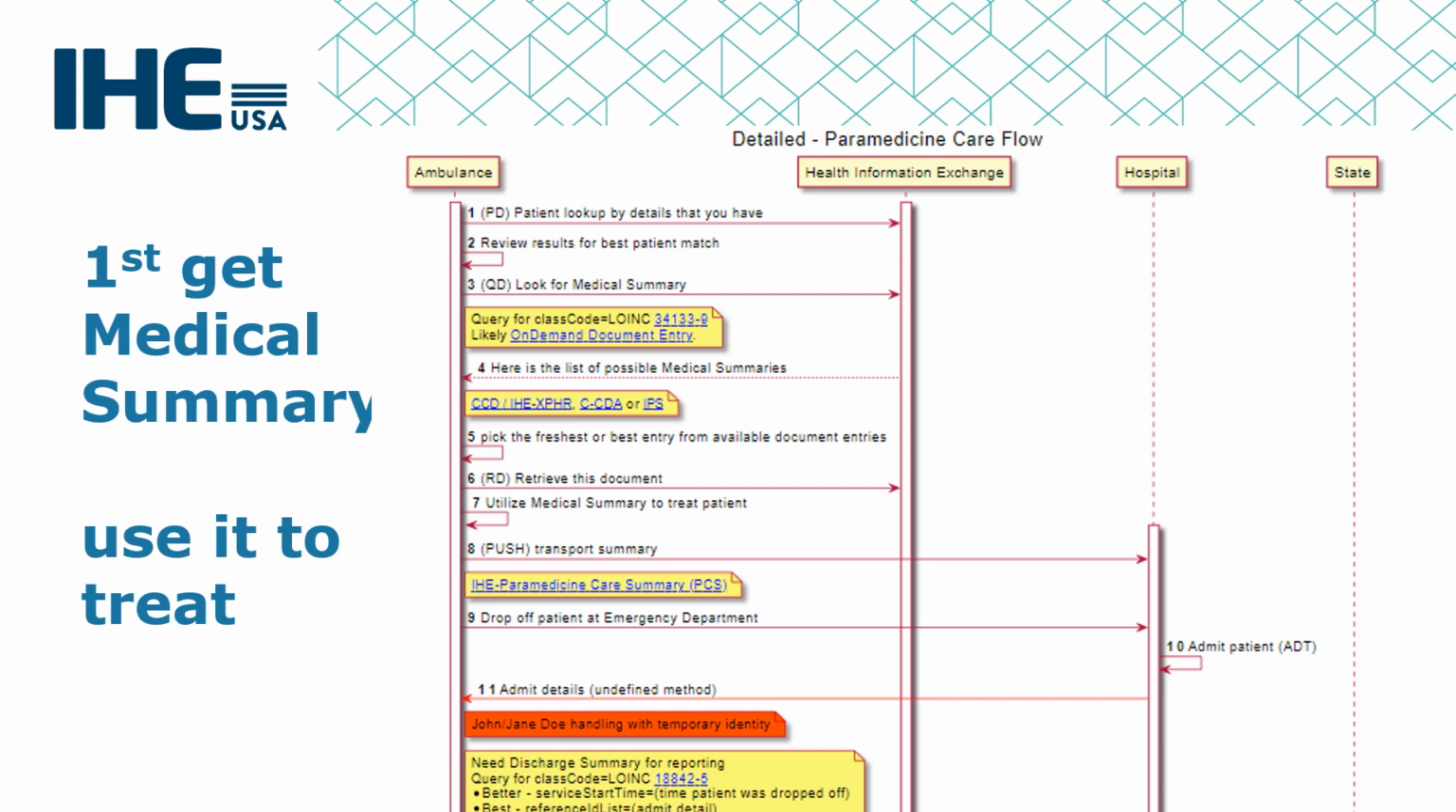Some patients will come up with exactly one instance, especially if you provide an identifier. But if you can only provide demographics, you may get multiples back. So you have the availability to look through those in step 2. You then pick whichever one is the best patient, and you can do a query for things like medical summary. In this case, there is a LOINC code for medical summaries. You look it up by LOINC